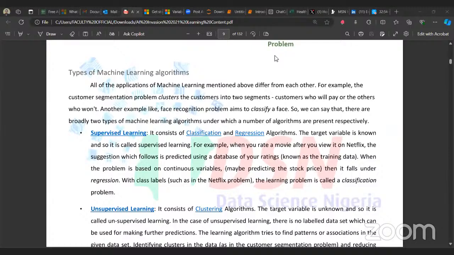But with regression, we could have whole numbers and decimal points and whatnot. That's what makes something continuous: it's being either a whole number or a decimal. While with discrete numbers, you are talking about whole numbers. I hope you guys understand. So that's regression and classification, the two types of problems under supervised learning.